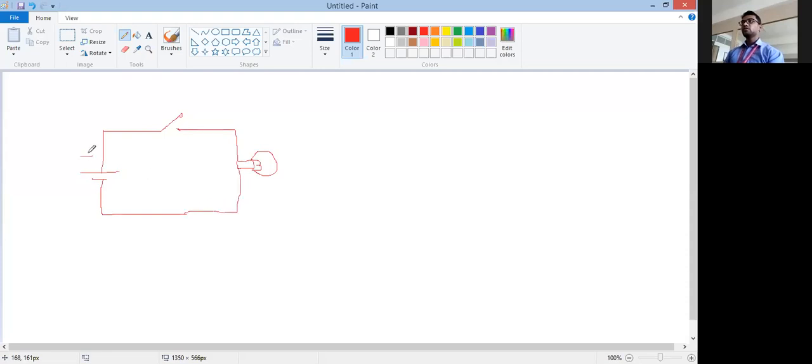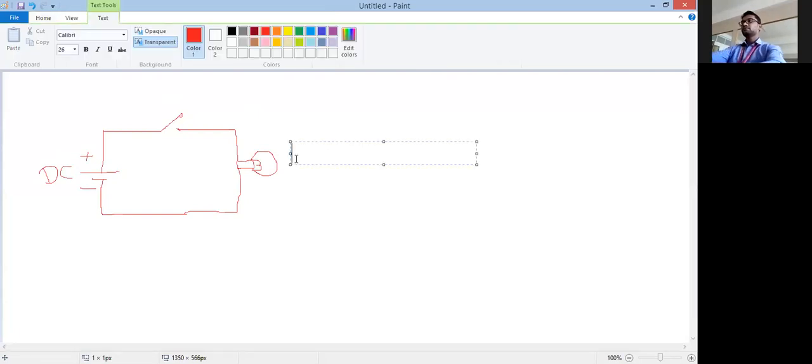I hope a clear diagram is visible to you. This is your DC supply. This is your lamp. This is the switch.